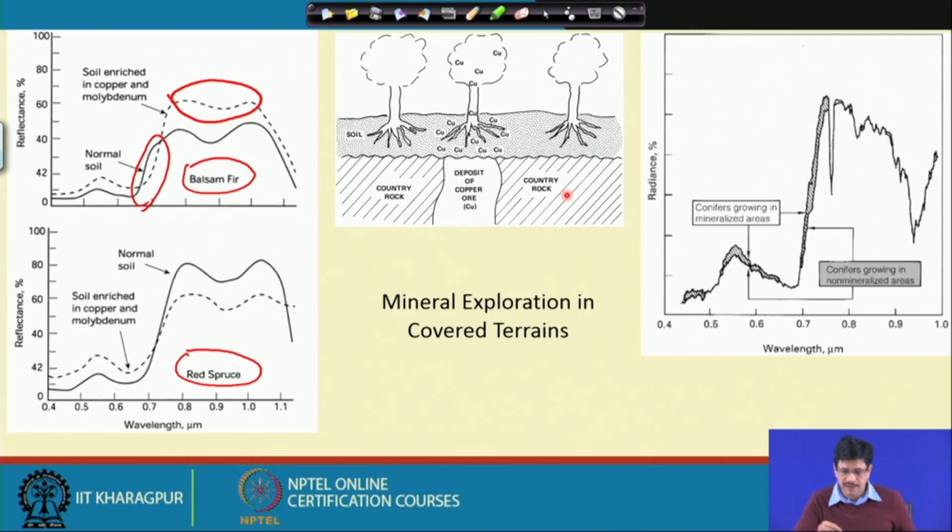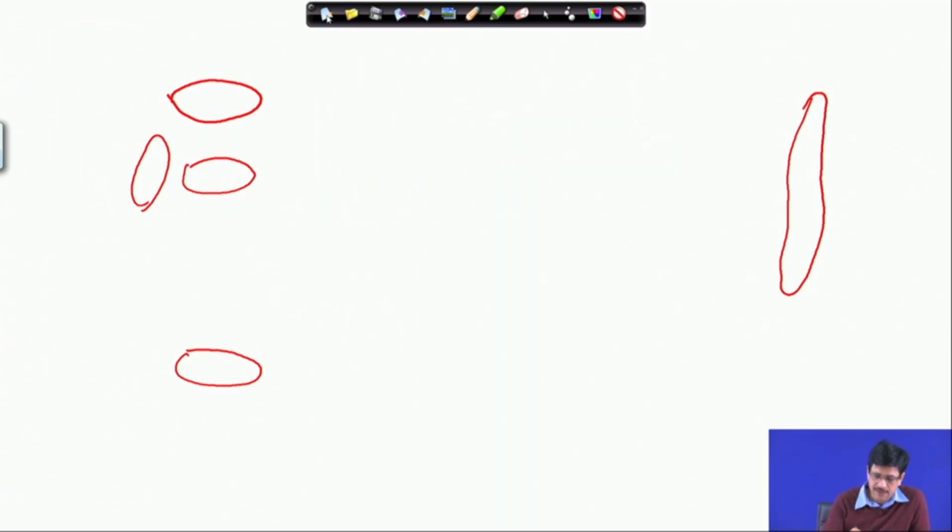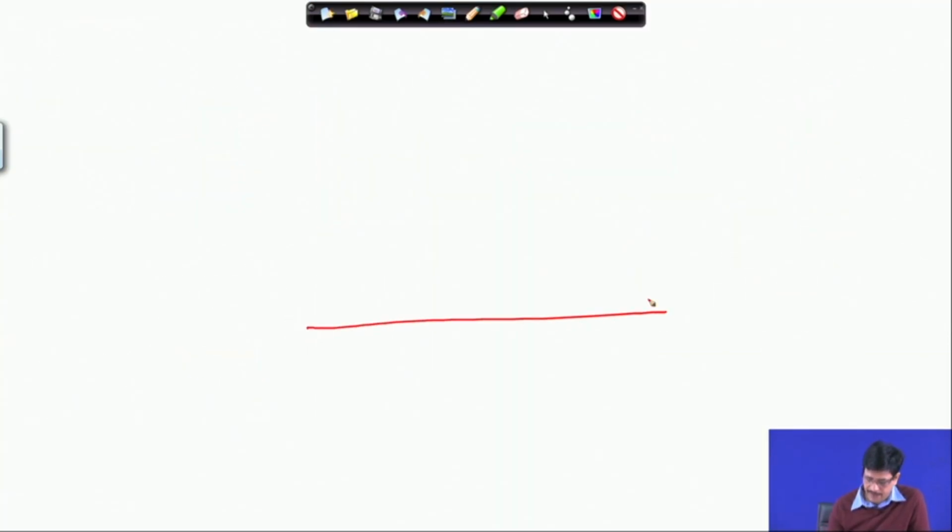This is also an interesting situation here. We were discussing the red edge. This is the red edge, the increase in the reflectance of the vegetation just at the edge of the visible part of the electromagnetic spectrum. And what we essentially get sometimes is this red edge, which we are seeing here like this,